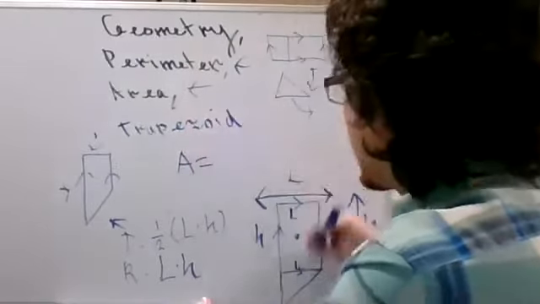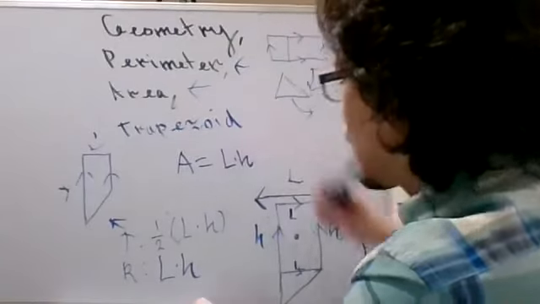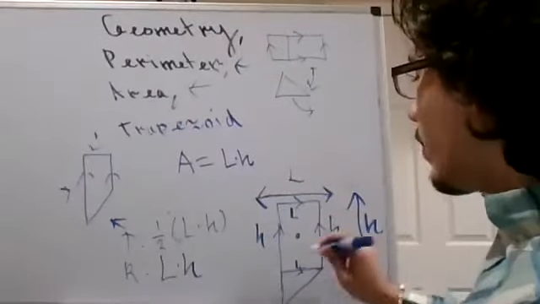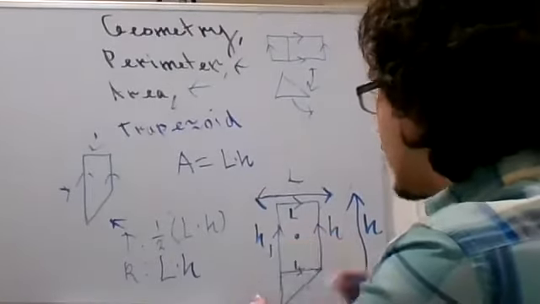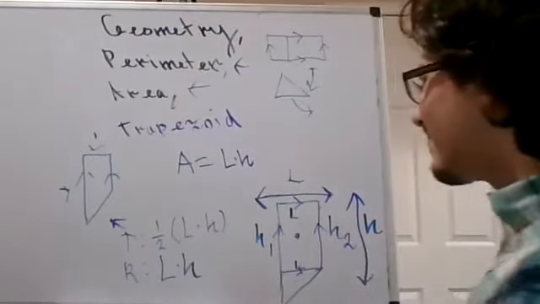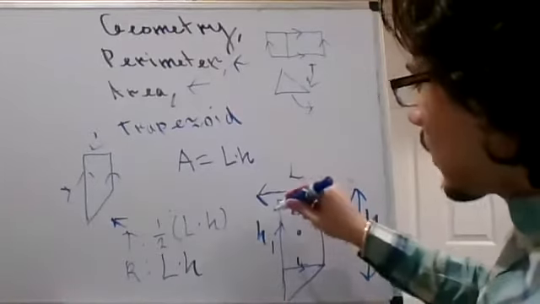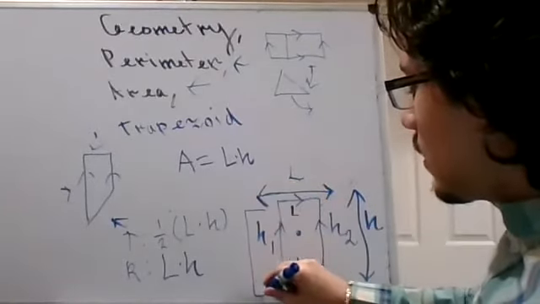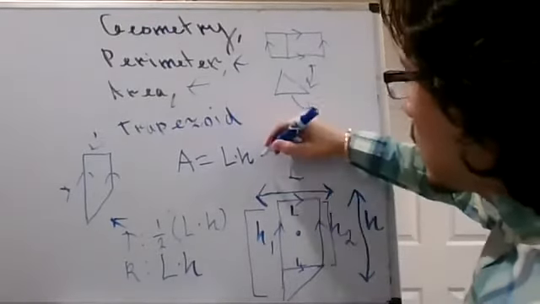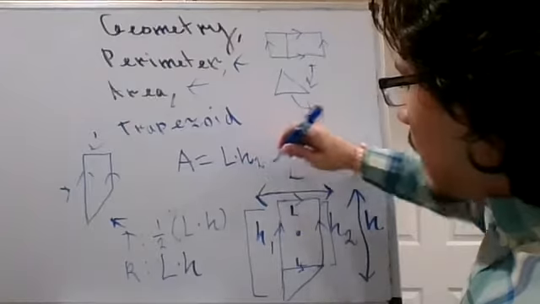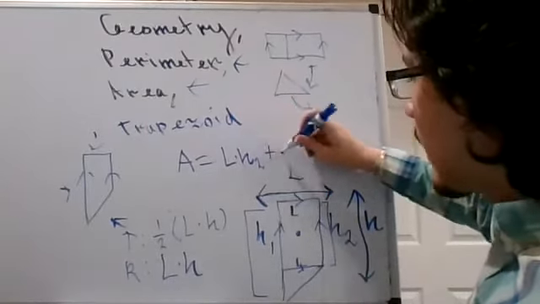Our area is equal to the area of a rectangle, which is length times height. For the purpose of what we have here, because our heights are different, let's say that this one is height 1 and this one is height 2. This is an important differentiation. So height 1 would describe the whole height, and height 2 would describe the height of the rectangle. So the area of the rectangle is length times height 2,